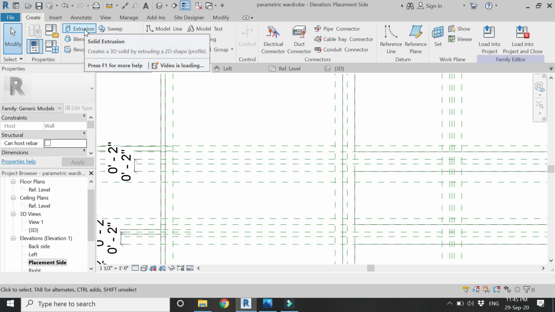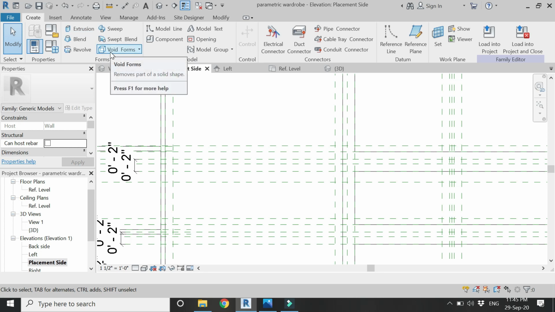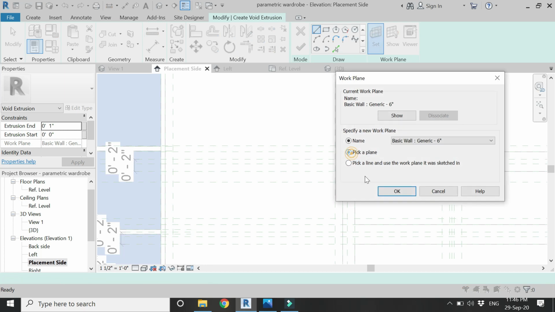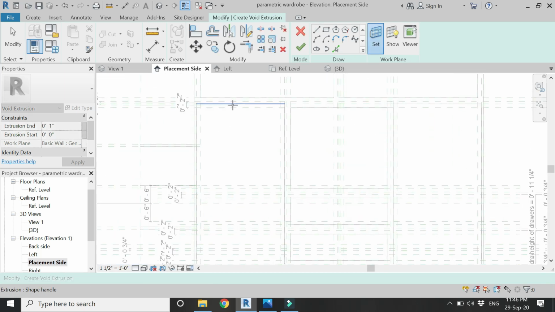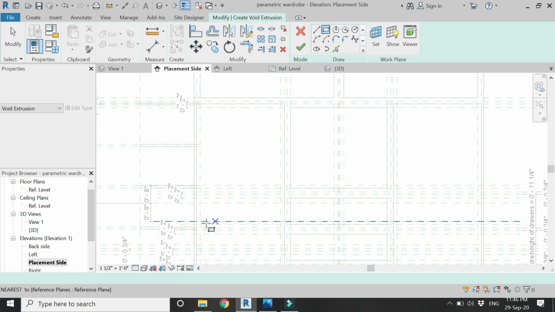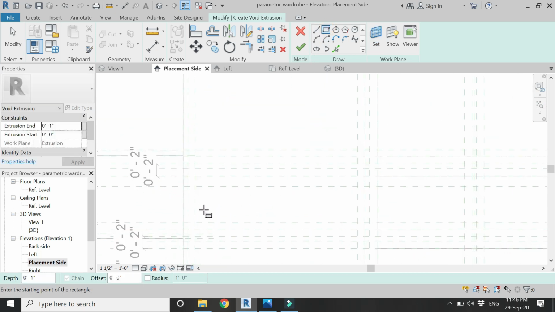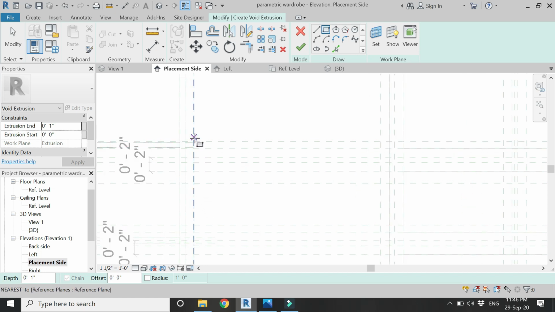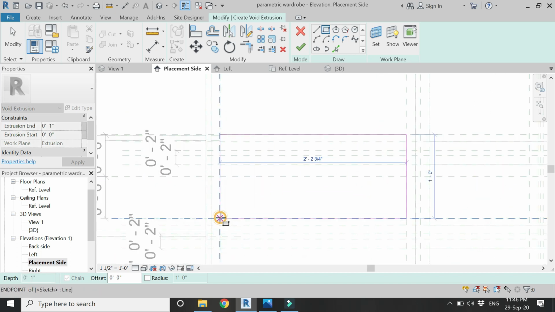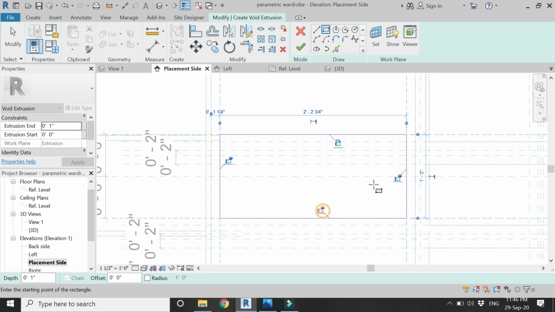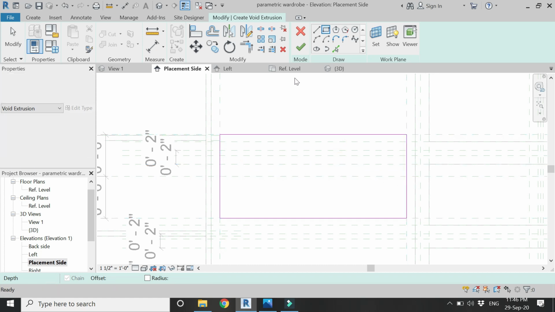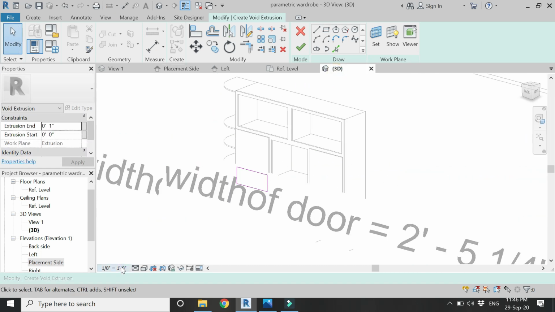Now select the void extrusion command from here. Set the reference plane to this side of the door. Draw a rectangle like this and make sure to lock only the horizontal lines. Then go to the 3D